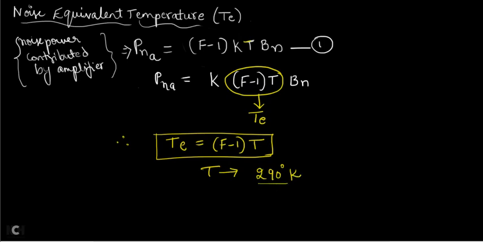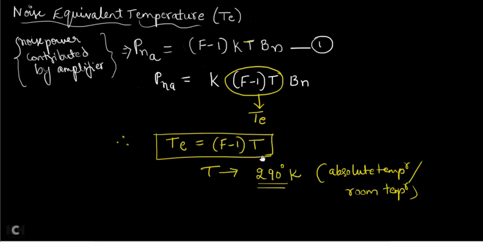In the problem this will not be given, but you have to remember this is called absolute temperature or room temperature, 25 degrees Celsius. So instead of calling it 25 degrees Celsius, you can call it 290 degree Kelvin. This is one unit of temperature. So 290 degree Kelvin is the room temperature or absolute temperature.